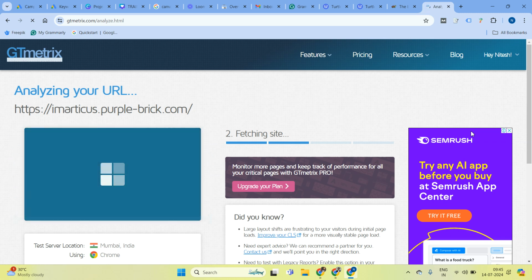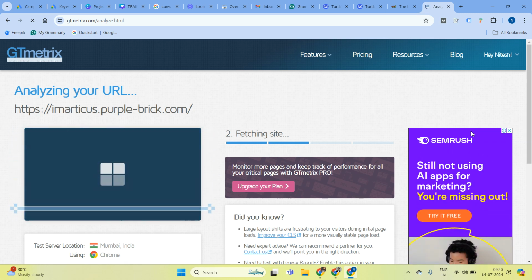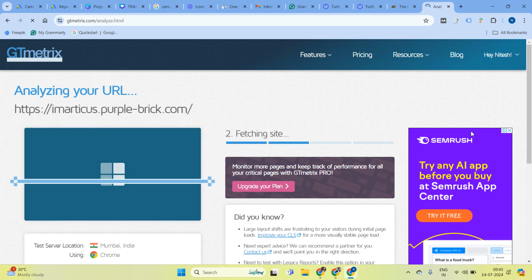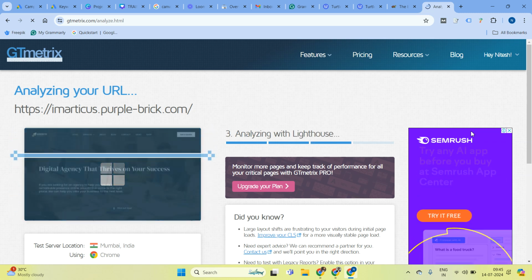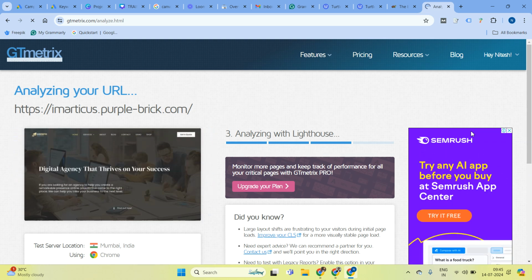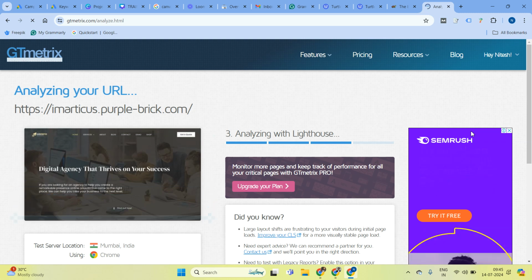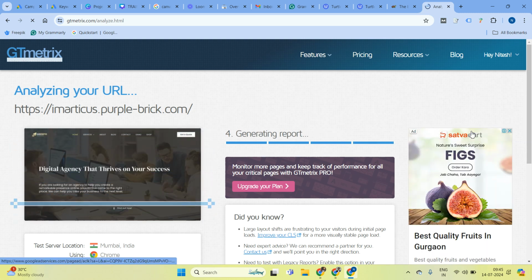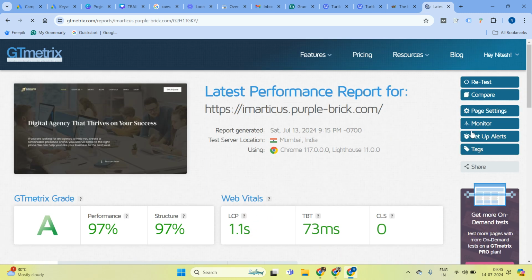So server location was changed because whenever you are accessing a website on your laptop, there's an actual physical distance which the data travels from your laptop to wherever the location of the server is. So if the location is Mumbai, that is obviously a shorter distance, but let's say if the location is Vancouver or New York or London, the data has to travel a larger distance, and hence the website may appear slow. So that is why if you're using a tool like GTmetrix, ensure that you select the server location which matches your actual server location, which should match with where your target audience is.